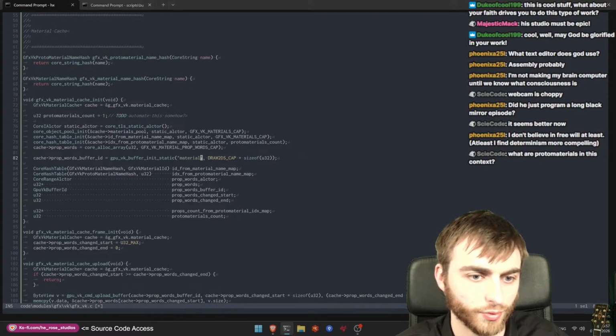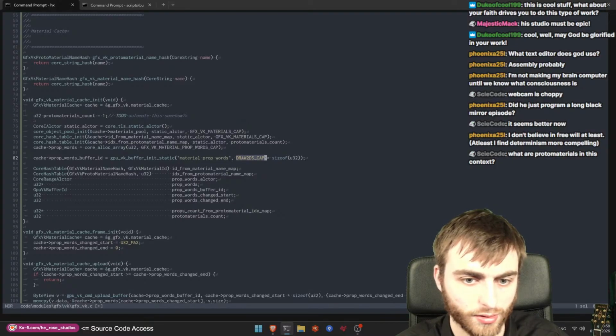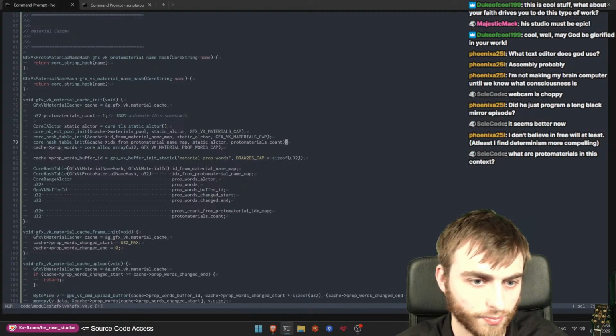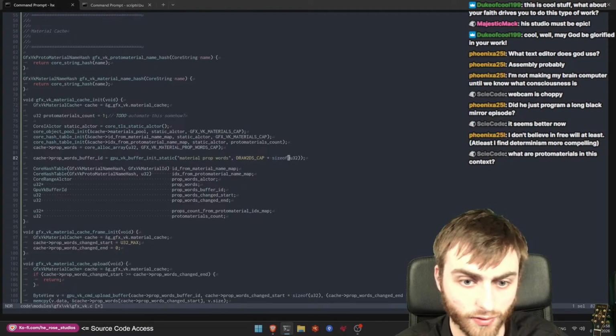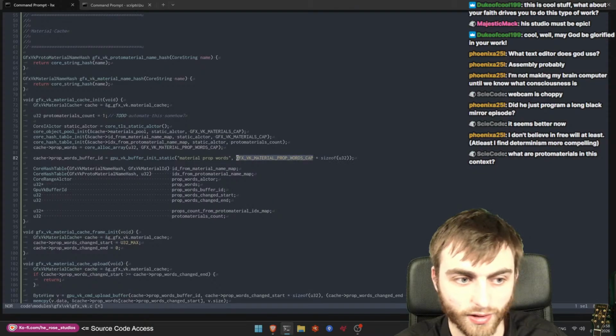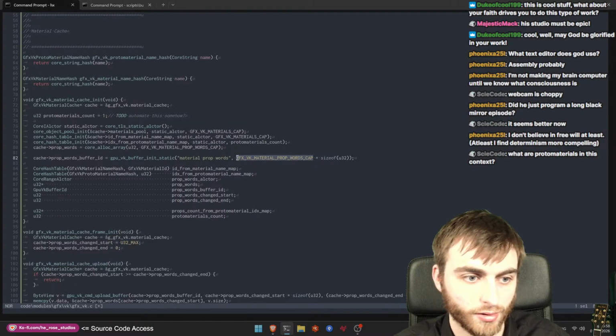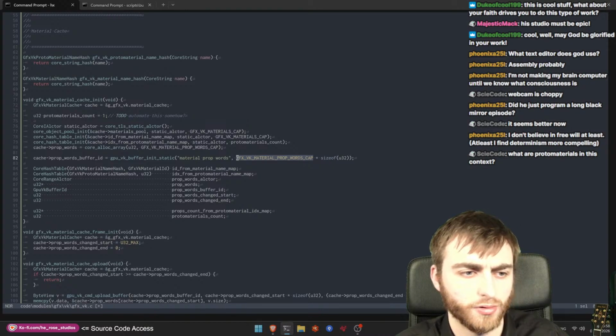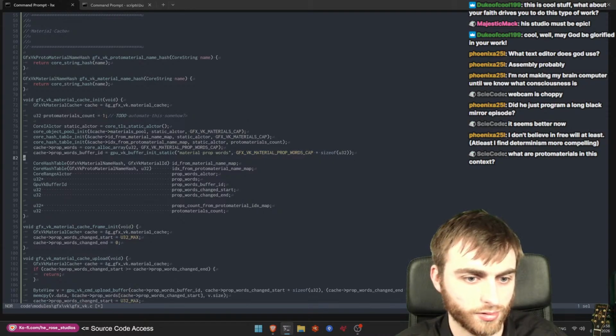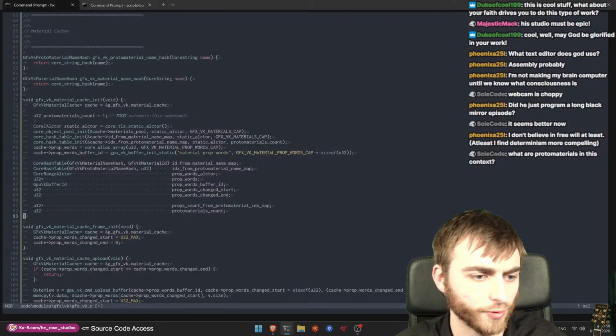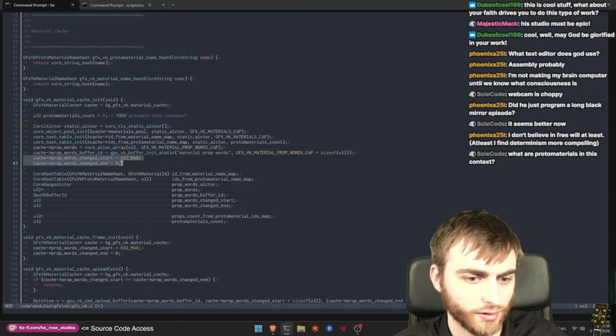So material prop words. The property words would be this guy here times U32 because it's size in bytes. Lovely. Now, we probably want to initialize it to these values regardless. Then the final one is prop count from